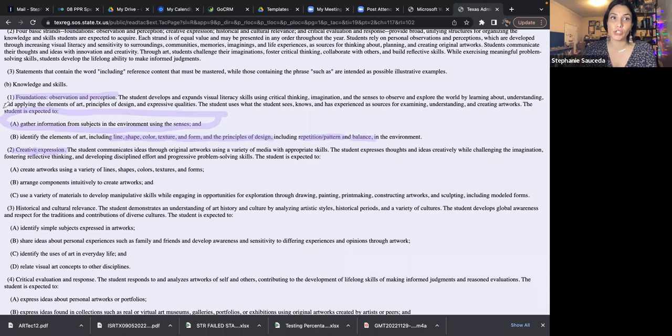So for creative expression, which is a different strand, and so we hear the third one, you'll see it's like if this was a meal, and this is for the whole year, they must learn and be able to do these things before they leave you. For kindergarten, it's not a lot. You should see some of the math ones, holy smokes. You will see some of yours that are going to be just really, there's a lot there that they have to do and know. But this is the beginning part, us setting the stage